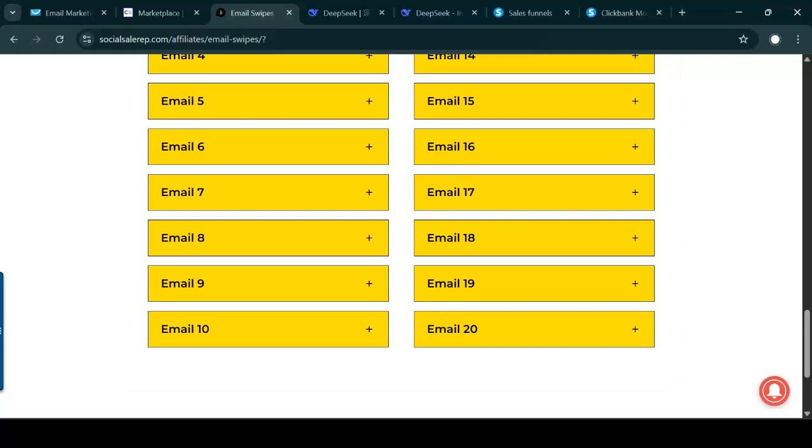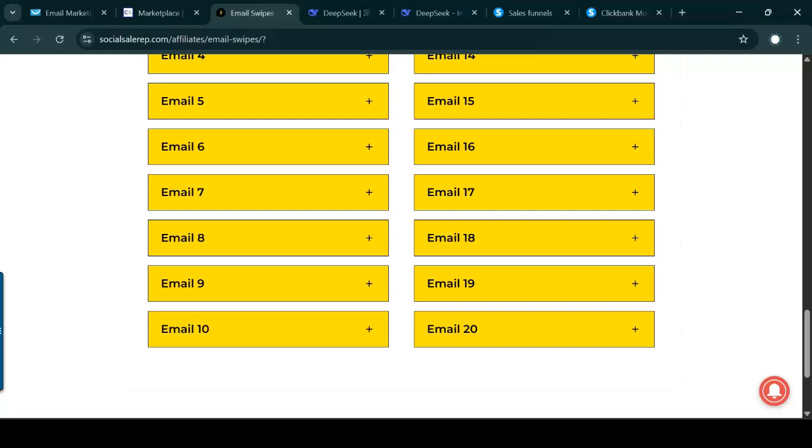Second way of doing it is you subscribe to these top internet gurus' lists. Okay, and then when you subscribe, you're going to start receiving emails. What you want to do is, when you start receiving those emails, you want to look at those emails, and then you want to create your own version of that email. You don't want to exactly copy and paste that email. You want to create your own version by becoming a bit creative. This is the second way of building an email list and having those powerful emails.